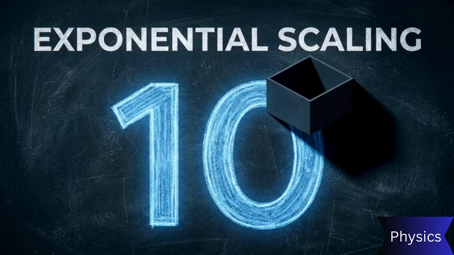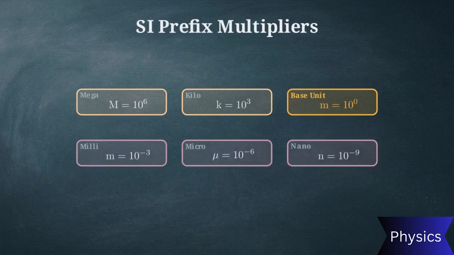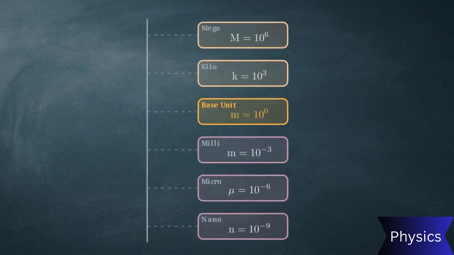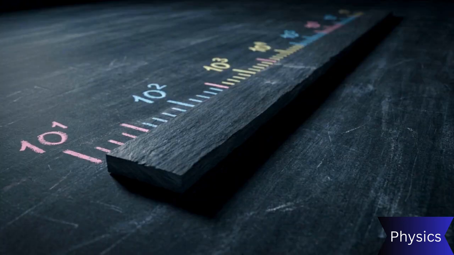The SI system solves this through the power of 10 scalar prefix system. This table maps prefixes like kilo, mega, micro, and nano to their specific exponential values. These prefixes are not new units. They function as modular mathematical multipliers. The system is symmetrical. A kilo multiplier of 10 to the third is mirrored by a milli multiplier of 10 to the negative third. This allows a single base dimension, like the meter, to scale across any magnitude while maintaining a